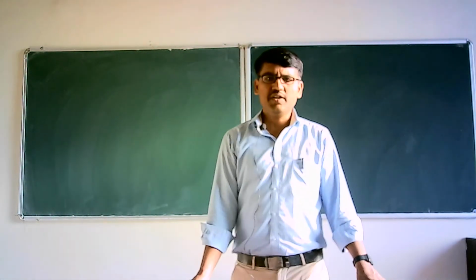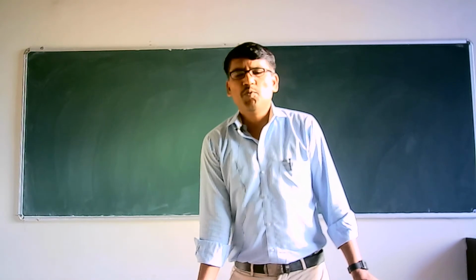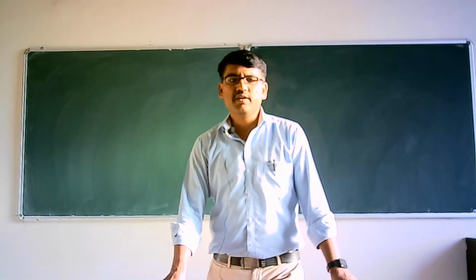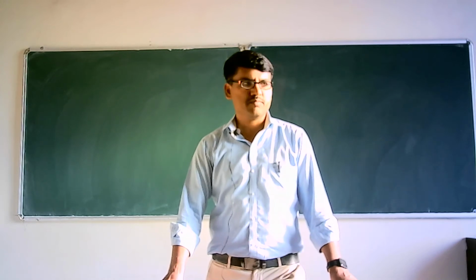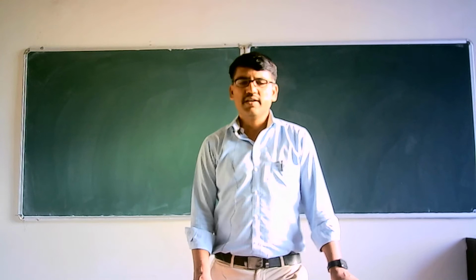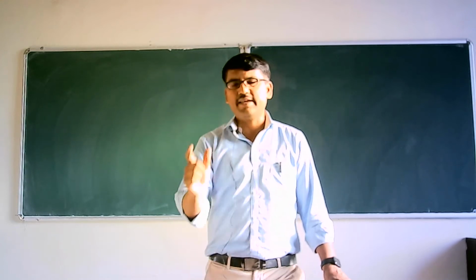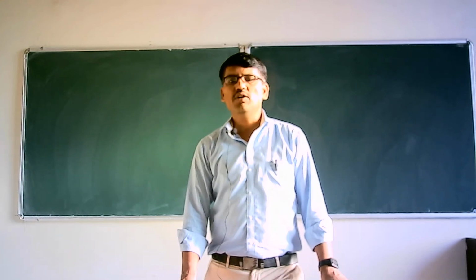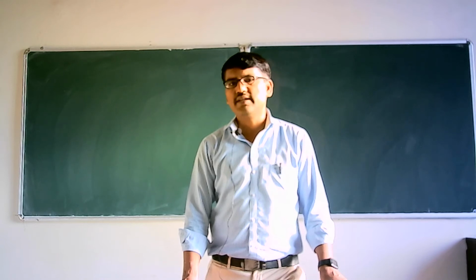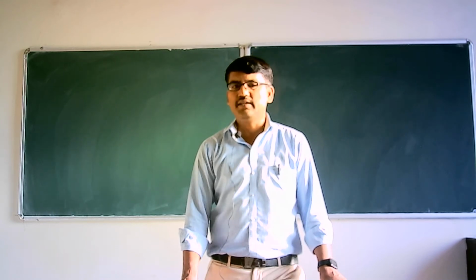Hello students, in the previous lecture we have seen the polar representation of a given complex number, the exponential representation of a given complex number, and De Moivre's theorem. What De Moivre's theorem says is, if n is any given rational number, then (cos theta plus i times sin theta) raised to n is equal to cos n theta plus i times sin n theta.